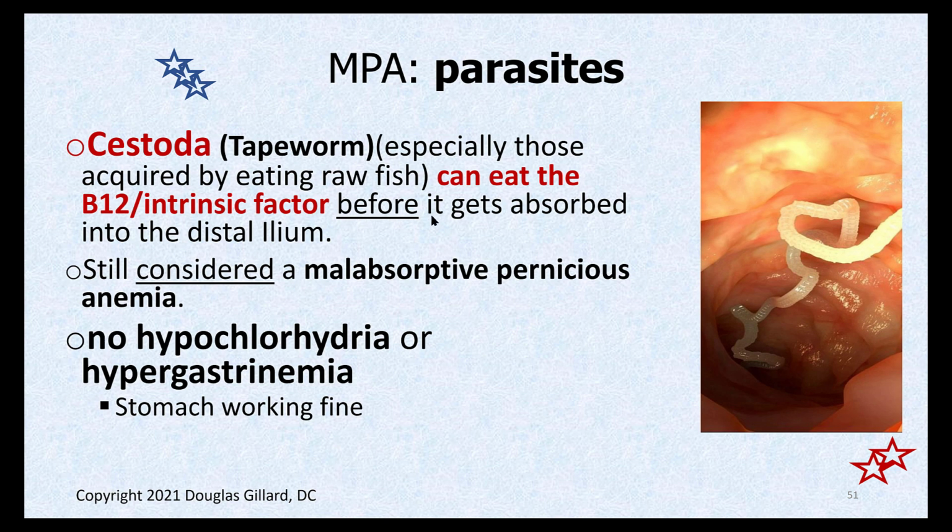And so in this case, there's nothing wrong with any of your machinery. It's just this darn worm eats all the vitamin B12. How do you get it out? Antibiotics can kill it. You can take antibiotics, a special, very strong type of antibiotic. And it'll kill it, and it'll go out in the toilet. Once you figure out what it is, it's not dangerous in and of itself. Okay. So again, with a parasite, there's not going to be hypochlorhydria. There's not going to be hypergastronemia. There's not going to be achlorhydria. The stomach is working just fine.